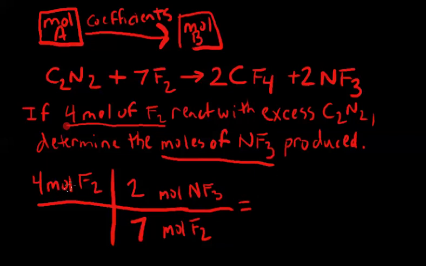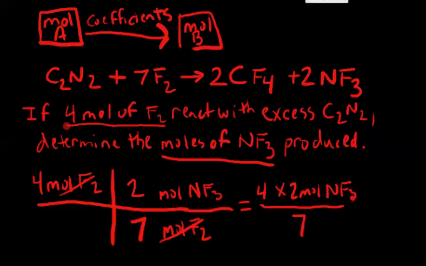So when we multiply this, we multiply the top, we divide by the bottom. The moles of fluorine are going to cancel out, and we're going to be left with 4 times 2 moles of nitrogen trifluoride divided by 7. So this is 8 divided by 7. I'm running out of room, but 8 divided by 7 is like 1.14